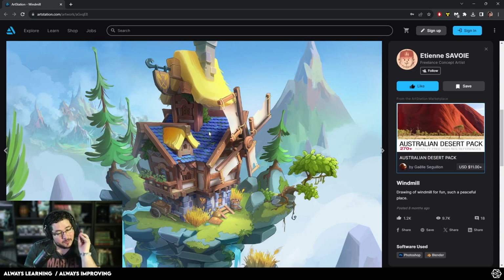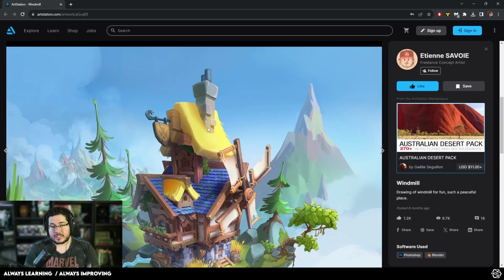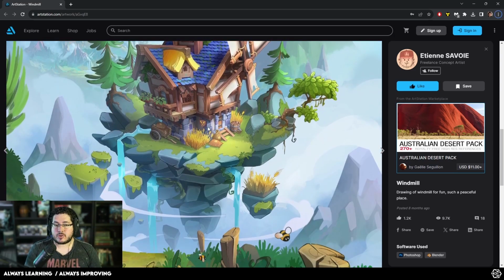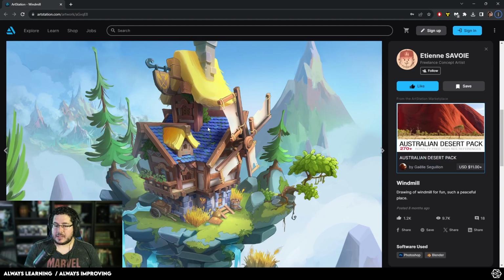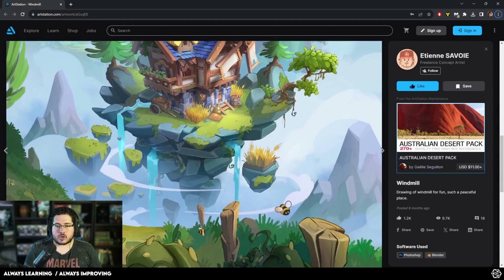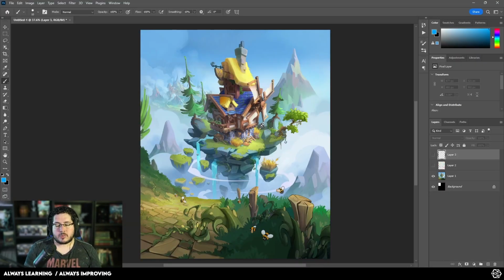This is an amazing project, really, really cool. I have a little bit of a suspicion that he might have used a little bit of 3D to do the blocking of the scene because the perspective is really good. And usually with buildings like this where perspective is a little bit exaggerated, it's not so easy to get it perfect. But this one, amazing. It's a great concept. So we download the concept, we go into Photoshop,